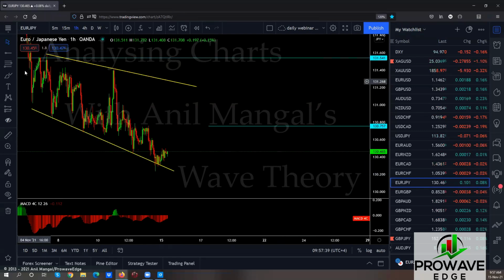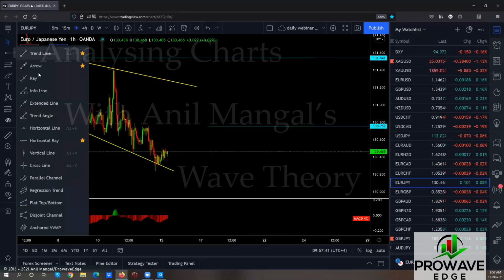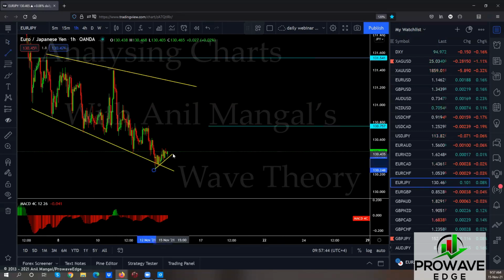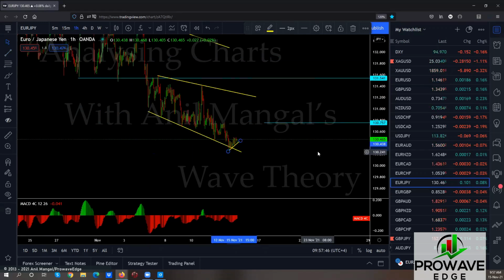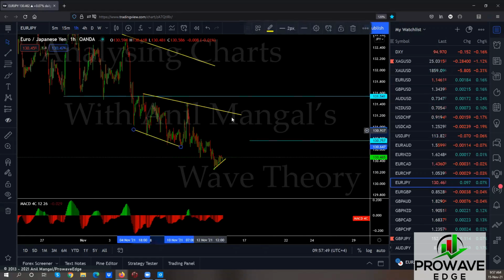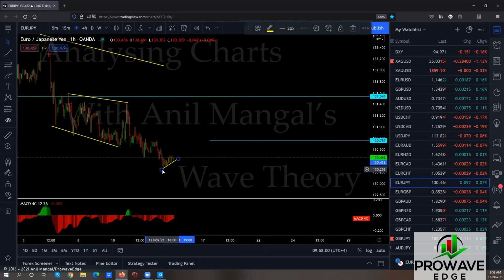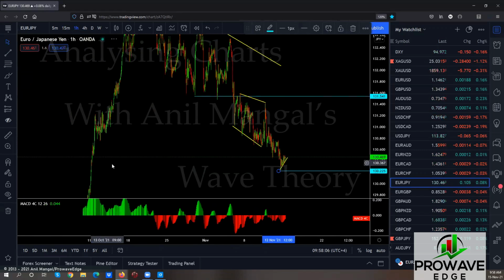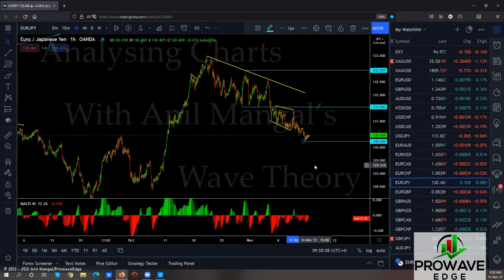This one is very corrective though. This piece here is very corrective. I think you can see that. I did visually, very corrective. So I'm not sure that this is not the flat. Let's go with this being the flat, right? 1, 2, 3. And this is dropping. In that case, what you can do is put a sell here. If it drops through the bottom here, it'll probably go very deep. Right? This will go very deep.